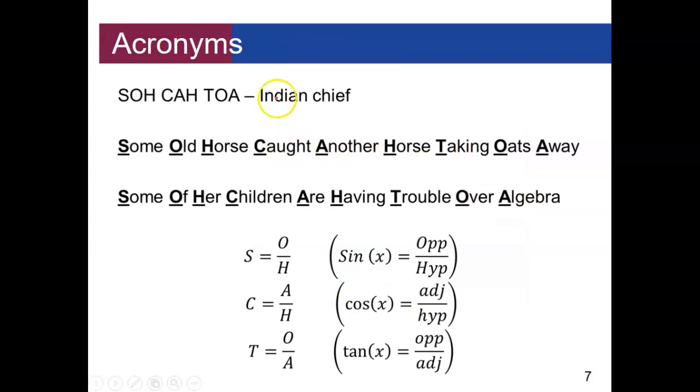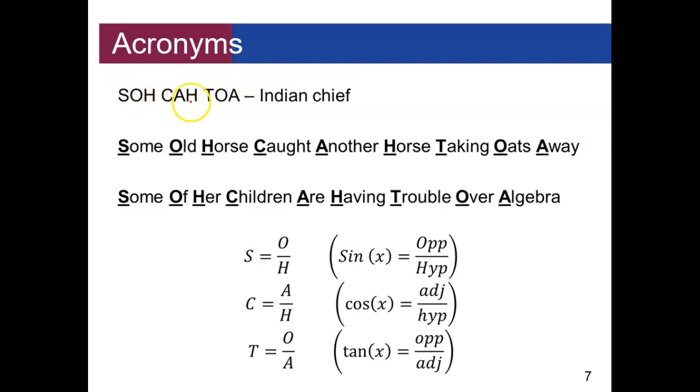So there are a few acronyms that are helpful in remembering this. So SOH CAH TOA is the Indian chief. This is one that's pretty common. You've got sine is opposite over hypotenuse. Cosine is adjacent over hypotenuse. Tangent is opposite over adjacent. So that's a nice little